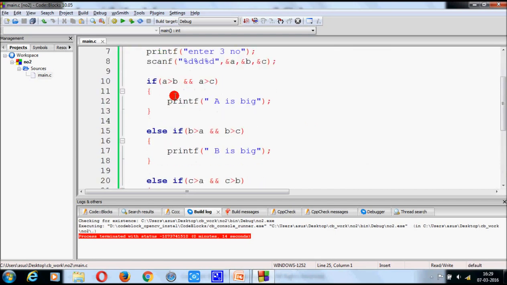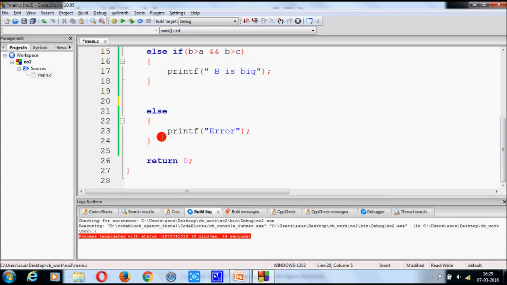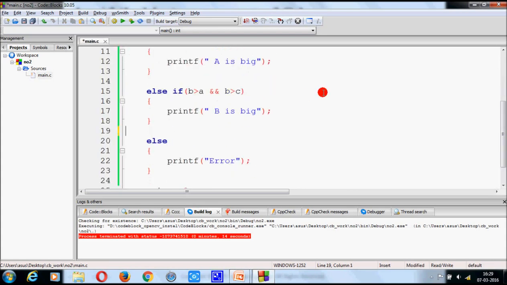Now understand this program better. You delete another portion. That means if the value of C is big, then you will get this error.